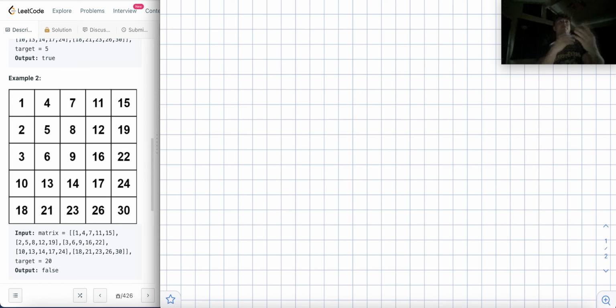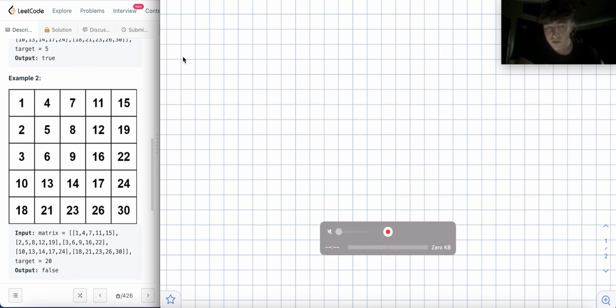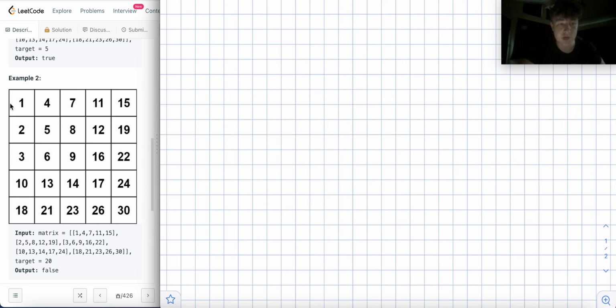And what should kind of be an indicator that there's a more efficient solution is that, well, this matrix is sorted, right? So since it's sorted, that should tell us something about the number we're looking for. Like if we're looking for the number 16 and this row starts at 1 and ends at 15, well, we know that 16 is after 15, so it's not going to be within this row. Same with 20. If we were looking for 20, we would know it's not in this row because it exceeds the value of the largest value in the row, which is to the very right, right? So we know that